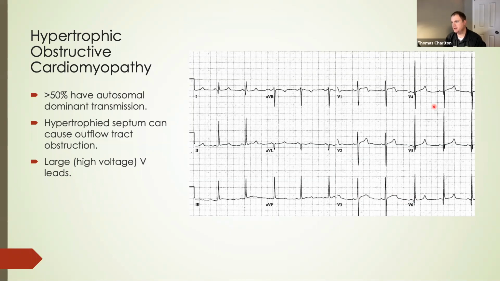You have a big battery, you're going to have big voltage. So small heart, you're going to have small QRS complexes. Big heart, you're going to have big QRS complexes. Okay. So whenever you see something like this, it doesn't necessarily absolutely mean that the person has hypertrophic obstructive cardiomyopathy, but it